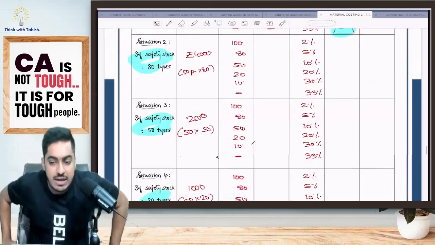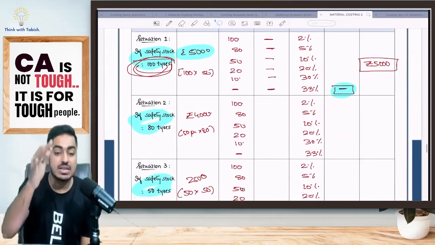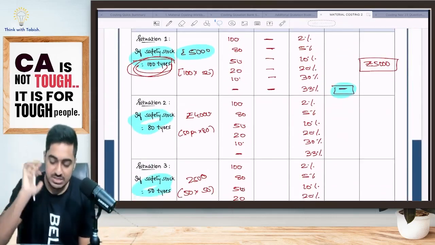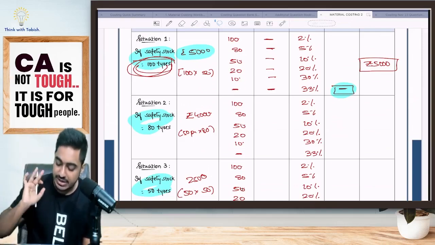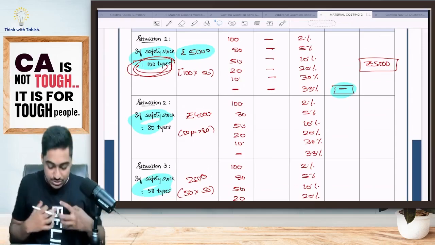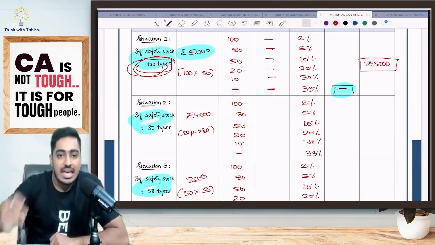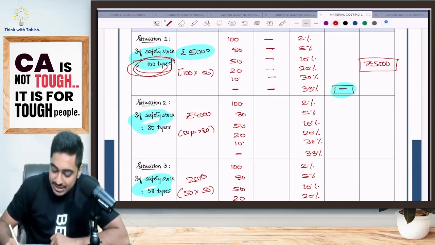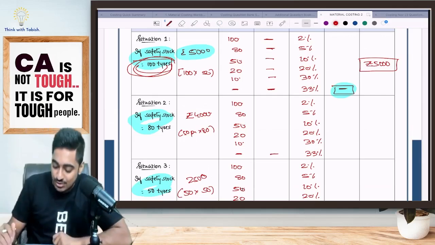Okay. Yes, I've written down that table again. Customer, what all he can come and ask. He can come and ask, boss, give me 100 tires, 2% chance. Customer can come and ask, give me 80 tires, 50 tires, 20 tires, 10 tires, 0 tires. Now tell me how many tires I am having with me as supplier. Safety stock 80 is there. Imagine customer did not come only. Am I having tension? No, I am enjoying. There is no stock out.